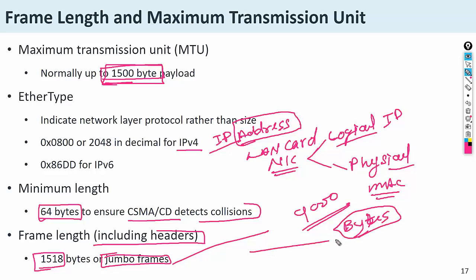Like when data is transferred from one computer to another computer using a lower or basic standard, the size of the frame is 1500 bytes. But other types of standards, or high standard devices or network interface cards, carry data of the size of 9,000 bytes in a single frame. These frames are known as jumbo frames.